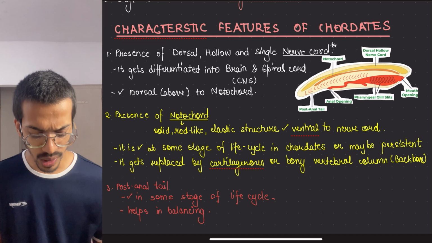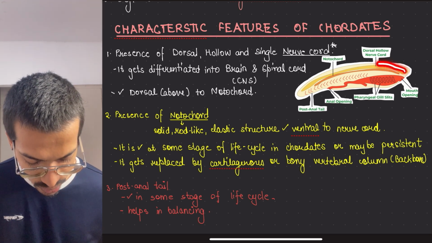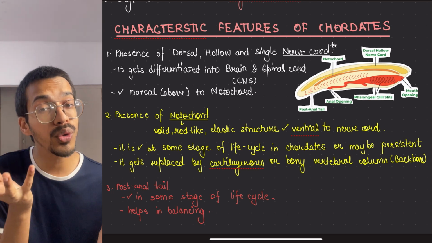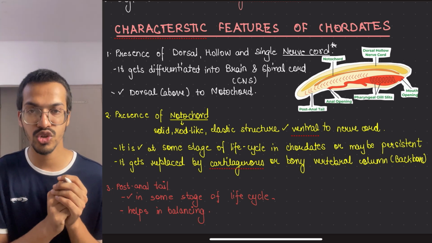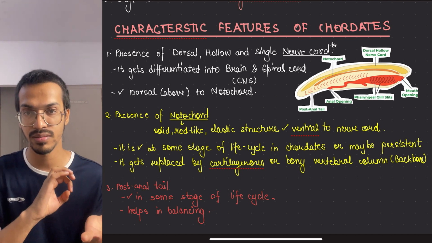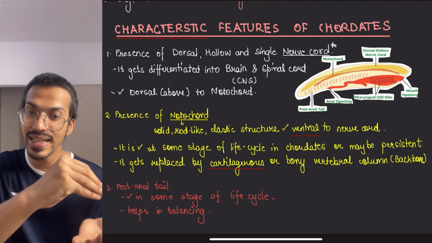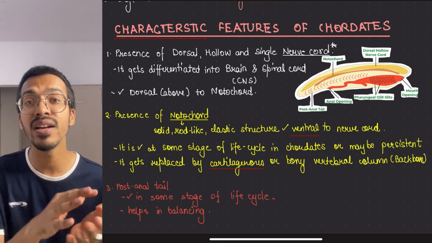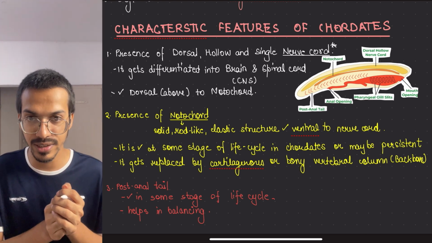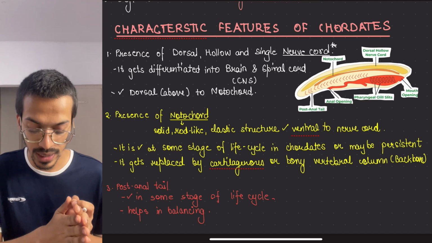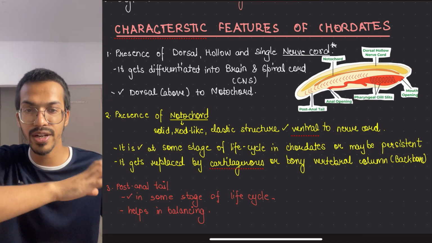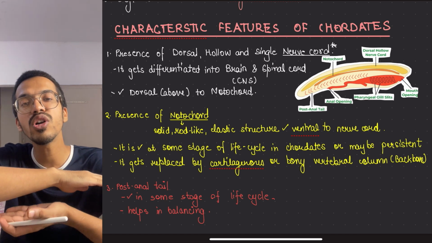Above this notochord, we can see that there is a nerve cord present. What is the difference between notochord and nerve cord? Notochord is a rod-like structure, whereas nerve cord is where the neurons will be present, where the neuron layers or neural tissue would be present in a collective way, means in a group. That is nerve cord. Now imagine that this is your nerve cord where your neurons are, and this is your notochord.